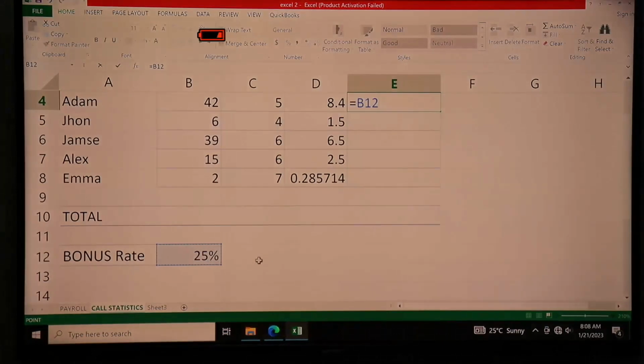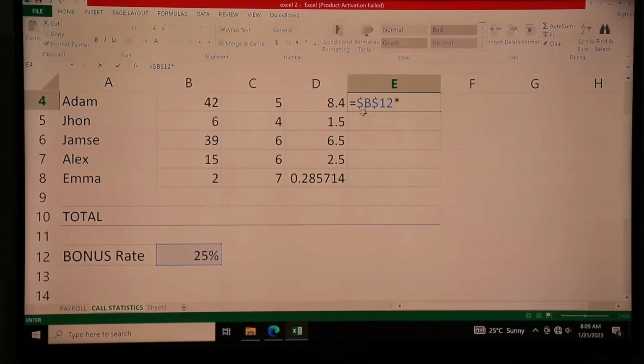If you're using the laptop, then you have to press the function key just there, close to the control key. And then as you hold down the function key, you press F4. So when you press F4, something does happen to that cell. It will add a $ before the letter and another $ before the number. That is before the cell letter and before the cell number. That now changes B12 to absolute B12.